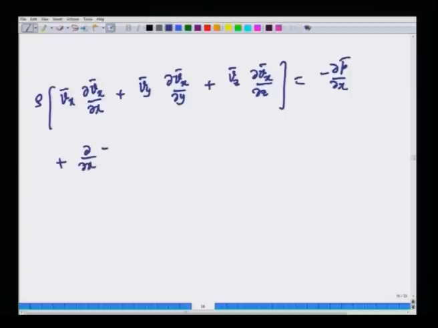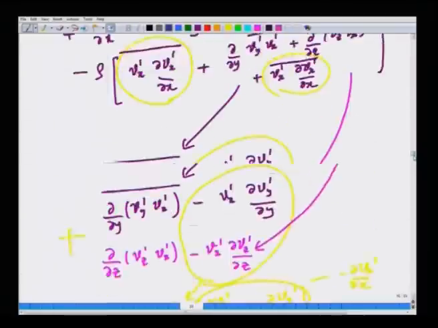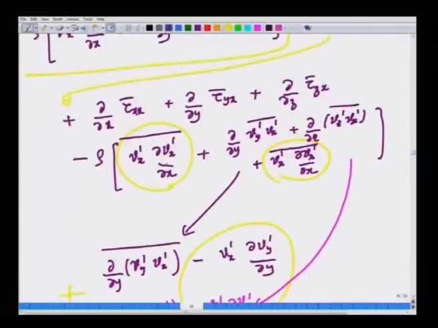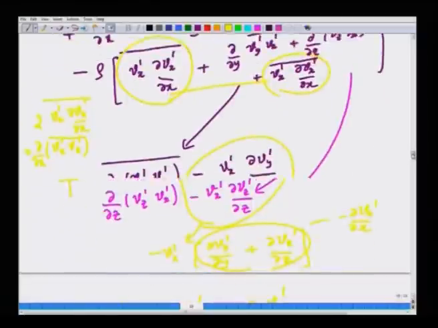partial by partial x of τ̄xx plus partial by partial y of τ̄yx plus partial by partial z of τ̄zx plus, now if you look at this, let me simplify these two terms. I have twice Vx prime partial V̄x by partial x, whole average. This I can simply write as partial by partial x of Vx prime times Vx prime, whole average. So, once I realize that,